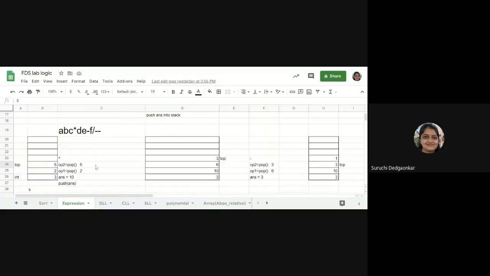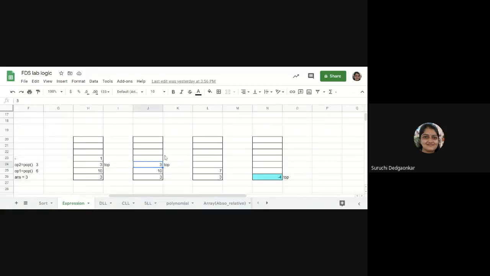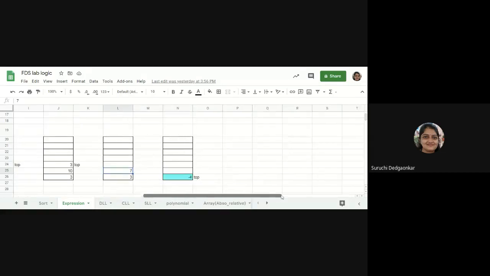Go ahead. Next element in this expression is minus. So pop will be done twice. Okay. This is OP2, this is OP1. And 10 minus 3 will be performed, which is 7, which will be pushed into the stack. Go ahead. Next operator is minus. So pop will be performed twice. And the answer for this will be 3 minus 7, which is minus 4.